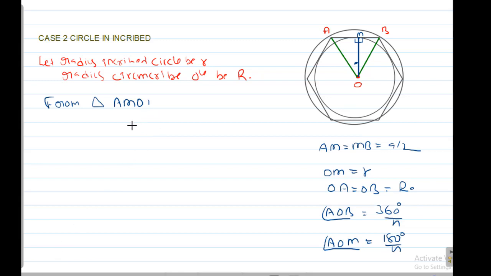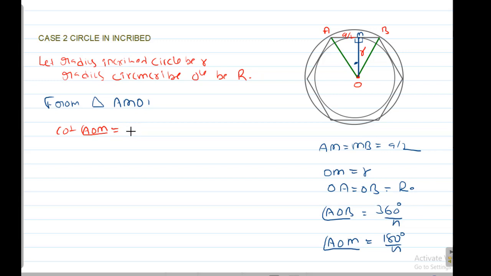Okay, so what happened, Anna? So you want small r. Okay, this is A by 2. Okay, so cot AOM. Here you don't want capital R, Nana. We want the relation with small r and A by 2. In the previous result, actually we need to write capital R instead of small r. There you got the relation between capital R and A by 2. Here you want the relation between small r and A.